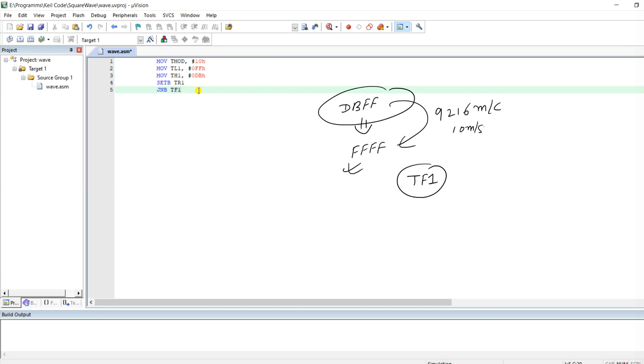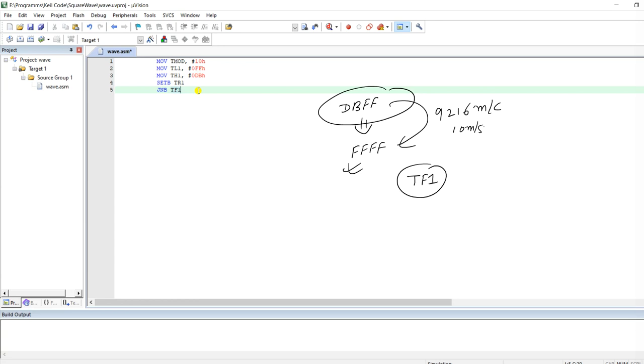Means we are checking the timer flag 1, whether it has become 1 or not. When the value inside the timer register reaches all 4F, then this timer flag will become 1.